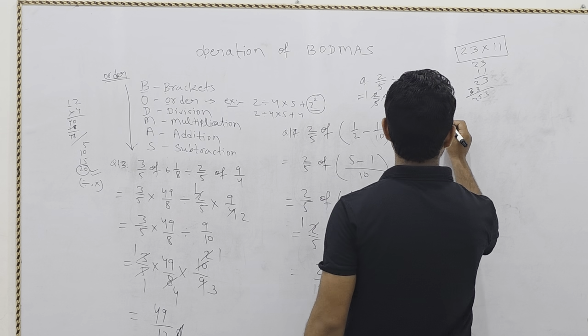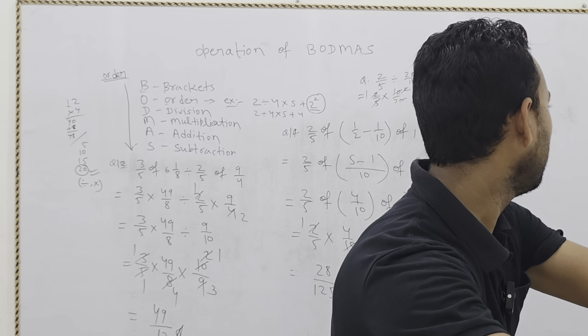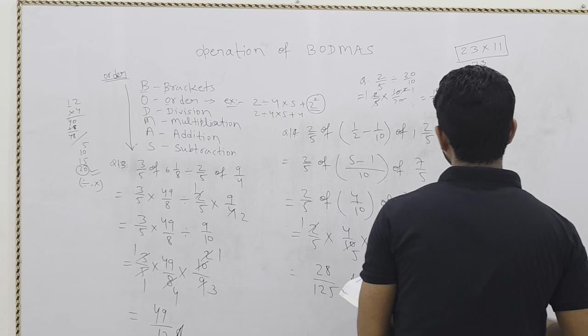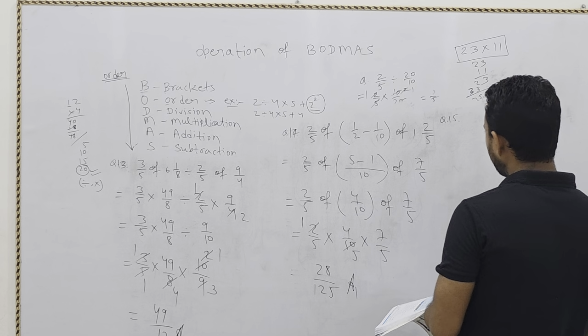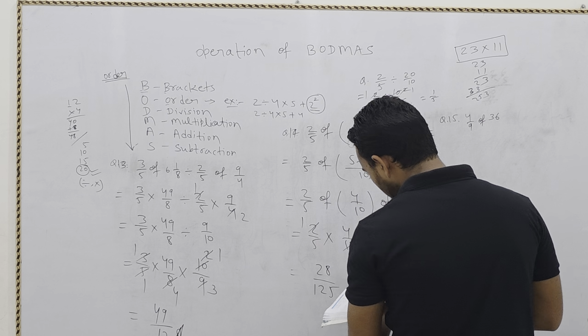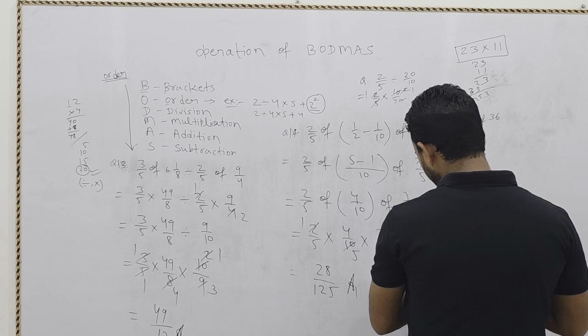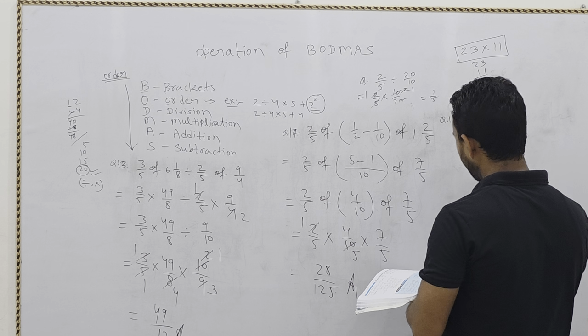Now coming to the next question, that is question number 15. Earlier I told you we will solve at least 16 questions. So this is question number 15, 4 by 9. After solving this type of question, you will be able to solve this type of mathematical equation question, and it will help you to grow in your life.